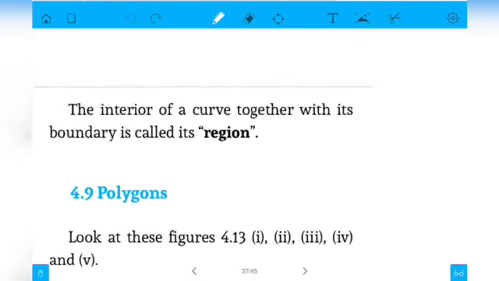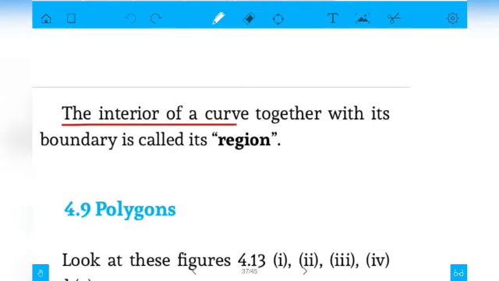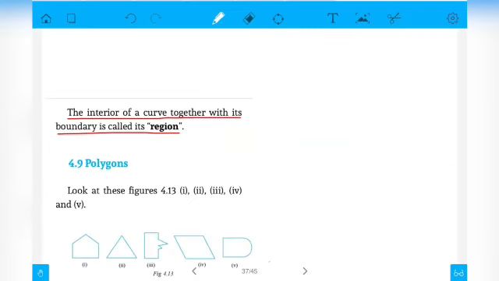Now you will see the interior of the curve together with its boundary is called its region. The interior of the curve together with its boundary is called a region. So this is a region. Now,